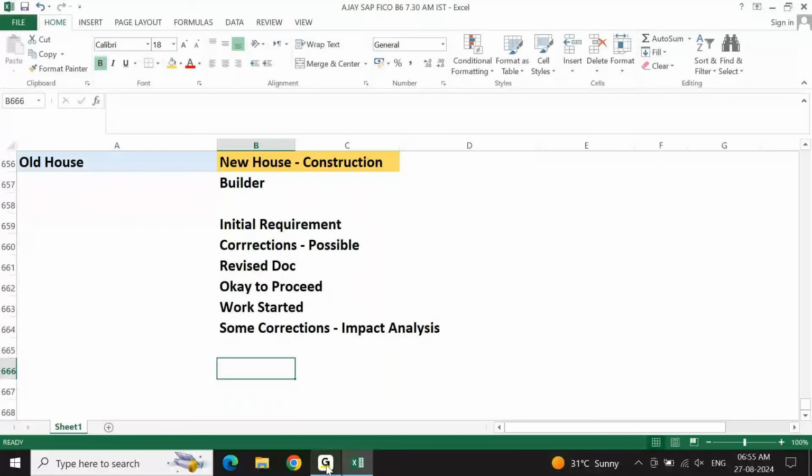From a user point of view, it is okay. They simply tell you, remove it here, put it there. What's wrong in it? But from a technical point of view, you know the pain that it is going to have. You know the risk of it, right? Certain things at some stage are possible. Certain things at some stage are not possible. That is why when it comes to client requirement, business requirement, unless and until you understand the business process, you should never blindly say yes or no. There are so many points, so many scenarios and situations which you need to understand before you commit anything to the client.